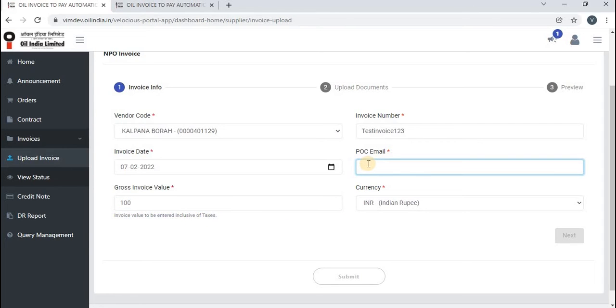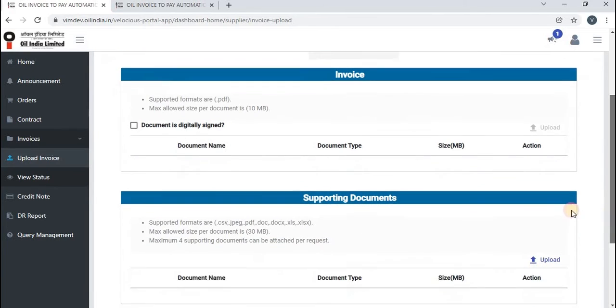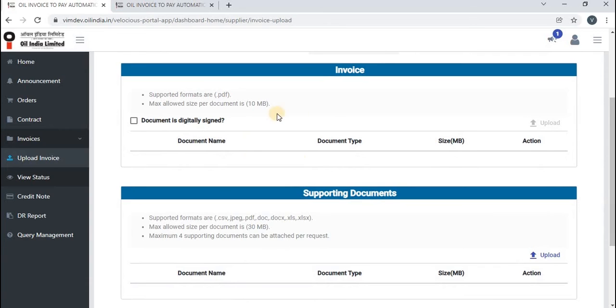Now you have to enter the POC email ID. This email ID will be of the OIL representative with whom you are contacting directly. Click on next. Once you click on next, you will be able to see